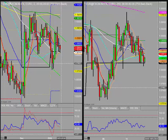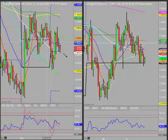So looking at the euro dollar first, and we've just taken a bit of a bounce on the dailies. We've just come back towards the daily 50 there. I think to bear in mind here, there is possibility of a continuation of this bounce a little bit, but we are just noticing the technicals, and the 50 EMA still sort of pointing broadly downward. So to me, it's suggesting the overall feel is still weak, but there is a possibility with some slight bettering